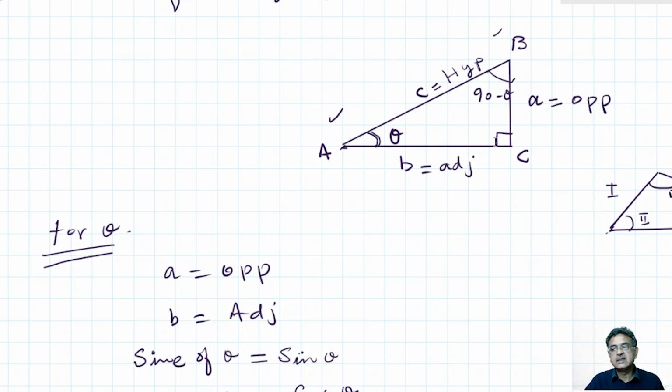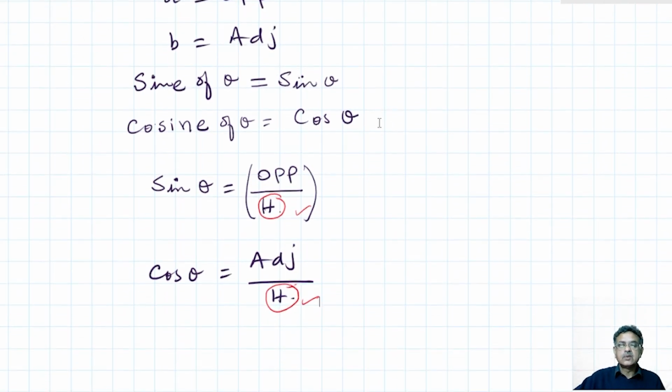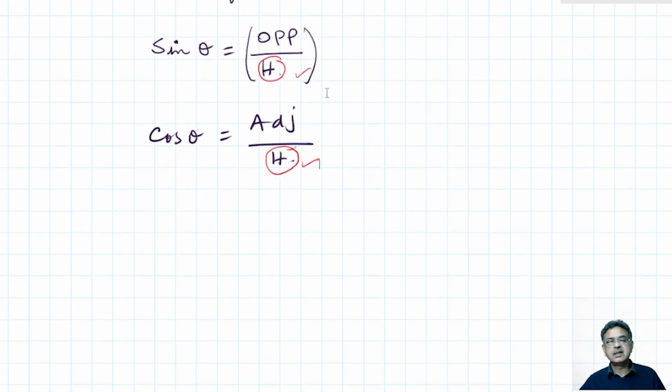So 90 degree is the largest angle. So side opposite to the largest angle must always be the largest. तो यहाँ दोनों में अब ये बात कॉमन आ गई कि ये ऑपोजिट ओवर हाइपोटेनियस हो या एडजेसेंट ओवर हाइपोटेनियस